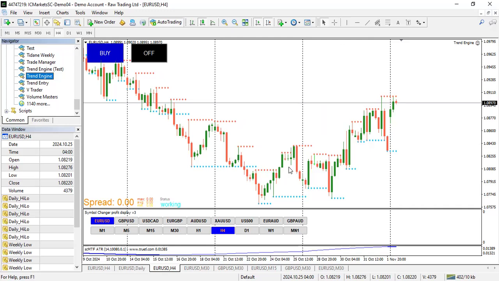It's basically your bias. All you have to do is click on this and it changes to sell, click on it and it changes to buy, click on sell, changes to buy, click on buy, changes to sell. So it's that simple, right? That is all about the bias. You don't have to keep going back into the settings to change between selling and buying. So if you've heard me talk about EAs for a while, you have heard me